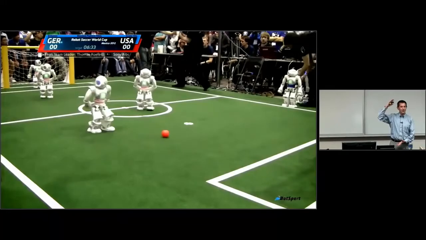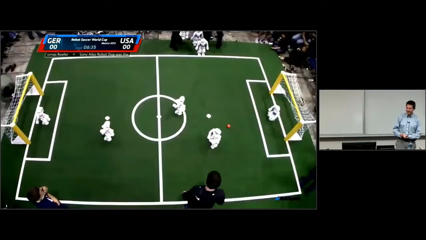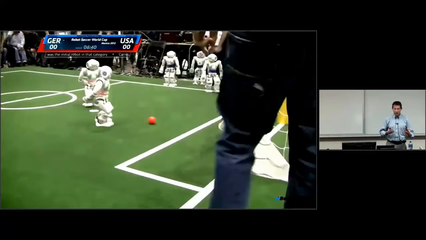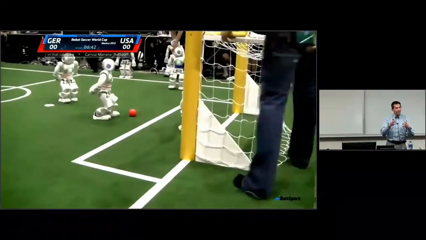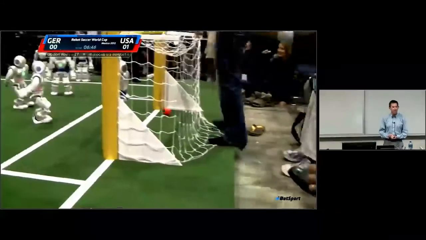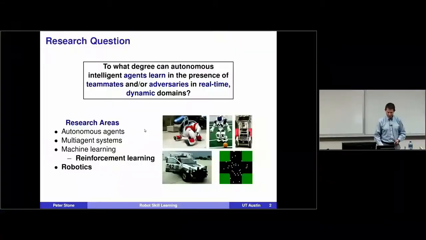They lit the tower orange for us, which they usually only do when the football team wins. But it's important to remember here that, again, the robots are fully autonomous. So there are a lot of technical challenges to address to get to the point where the robot can walk up to the ball and kick it in off the goalpost like this. So that's one of the motivations for the more technical work I'm going to talk about later in the talk.